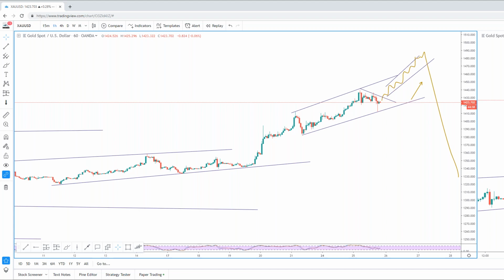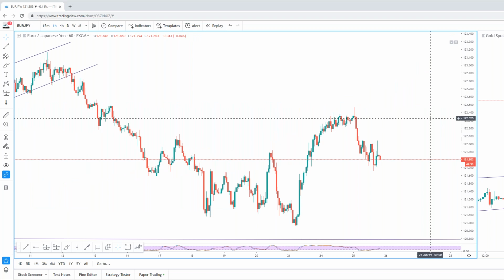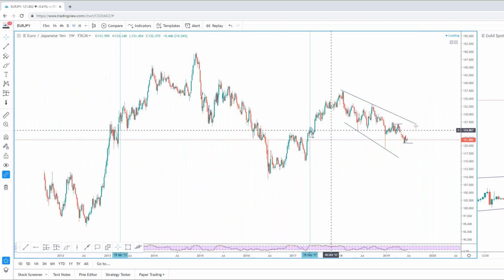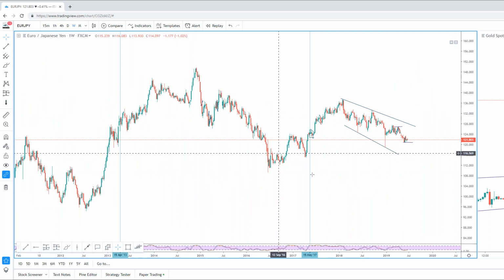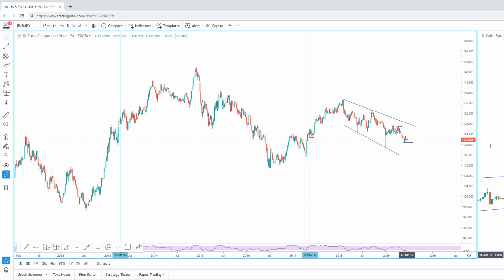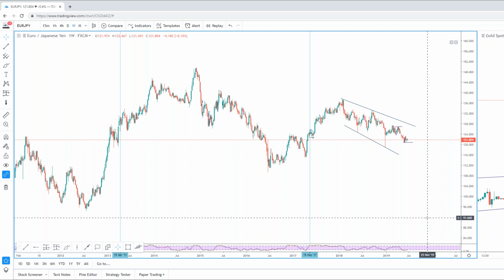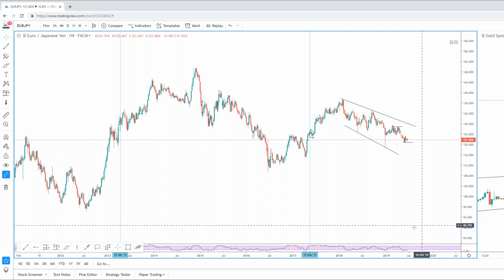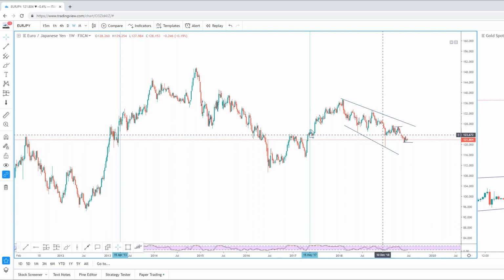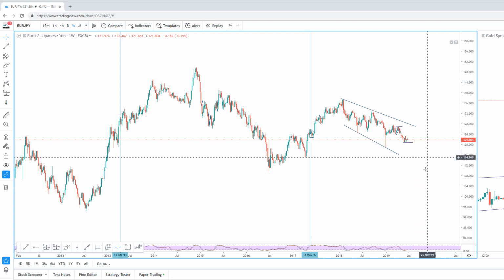Euro Yen, let me just take a look at Euro Yen, guys. It's one of the pairs I haven't traded that much recently, but let's move out into the weekly time frame and look at the structure. So very, very corrective nature, descending, expanding wedge, so the opposite of an ascending wedge, and it's an expanding wedge, which is also known as a megaphone pattern. We've obviously had this move down, corrective move down, and then of course correction.